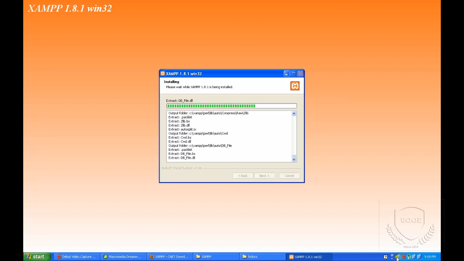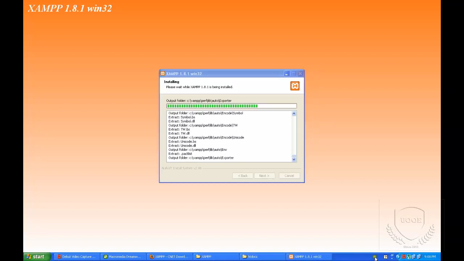If you see here, one icon has been created, so we can consider it as the control panel of XAMPP. Once the installation is completed, we can open this control panel. At the start, when we are working with localhost, we have to open this control panel and start Apache and MySQL. Some systems start it automatically by default, but mostly we have to start the server and make sure XAMPP occupies the port in the server.